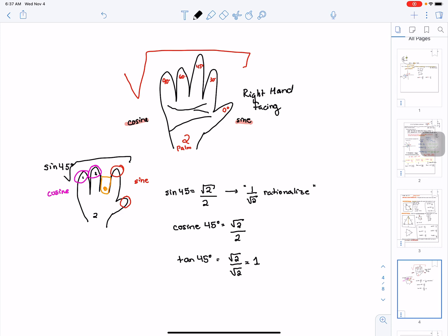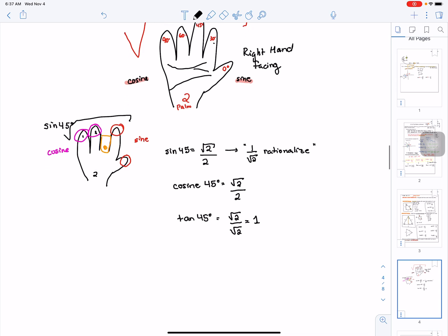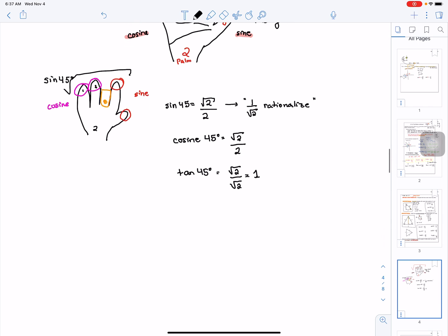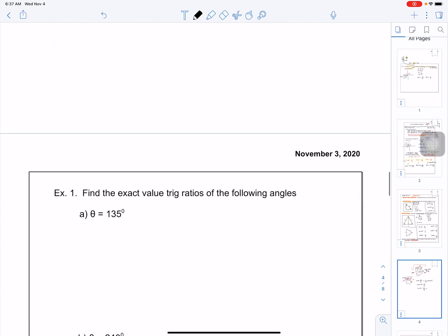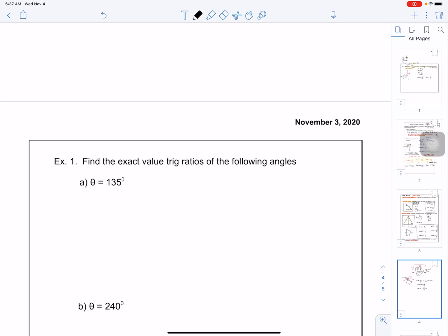If I wanted to do the 30-degree reference triangle, then I would put down my 30-degree finger. I would have 3 fingers on the left, 1 finger on the right, and I would continue that way. So I will kind of do it using the hand trick below, but if you like your special triangles, you can use that instead. So in these examples, the first thing you would need to do is find your theta reference,